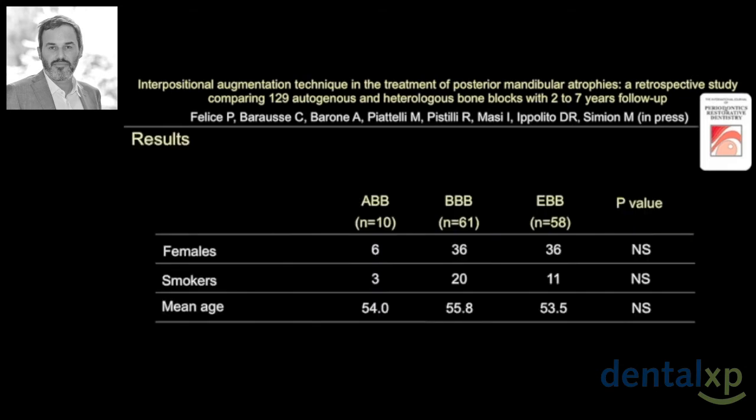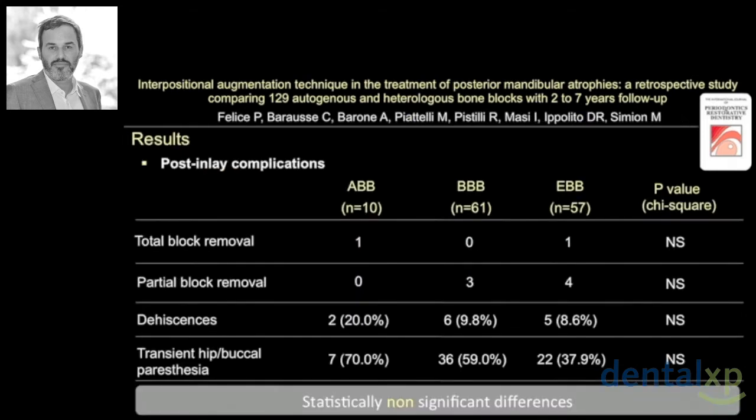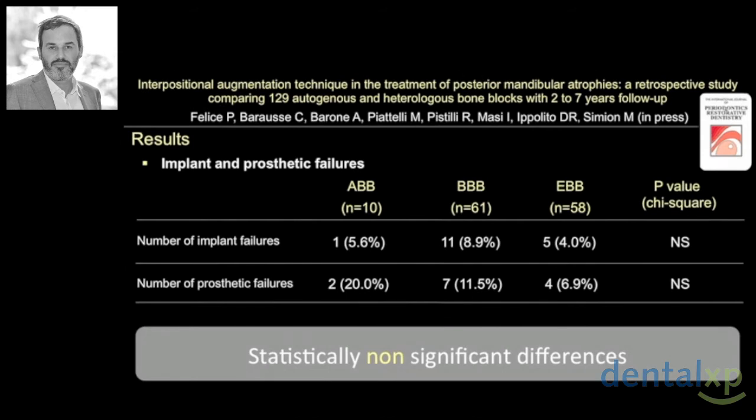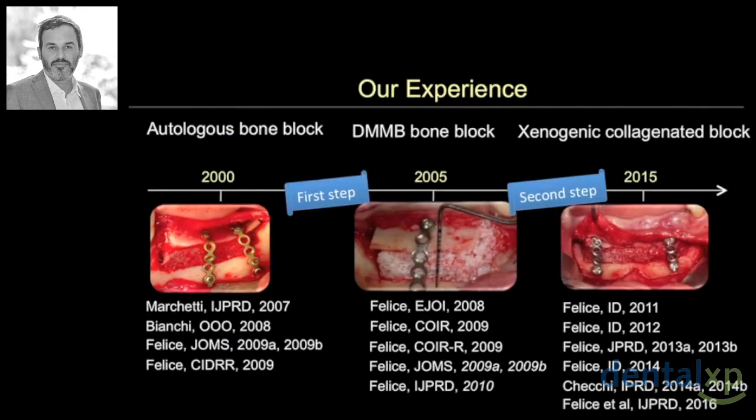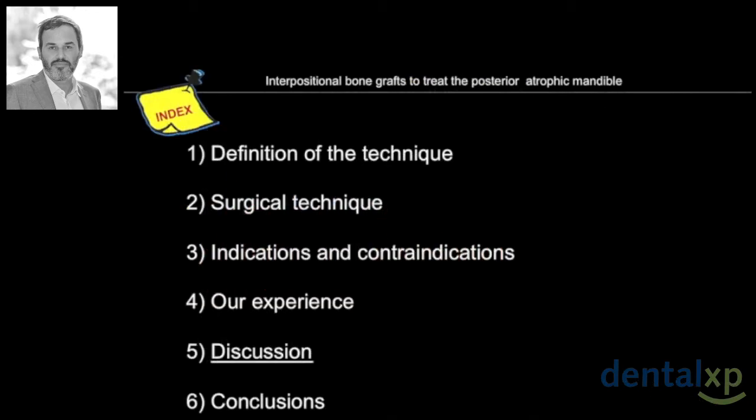The results and the complications associated with blocks and the complications associated with implant and prosthesis. The values are not statistically significant. And this is important. Marginal bone loss was similar with the 3 blocks. We are still working. Now,